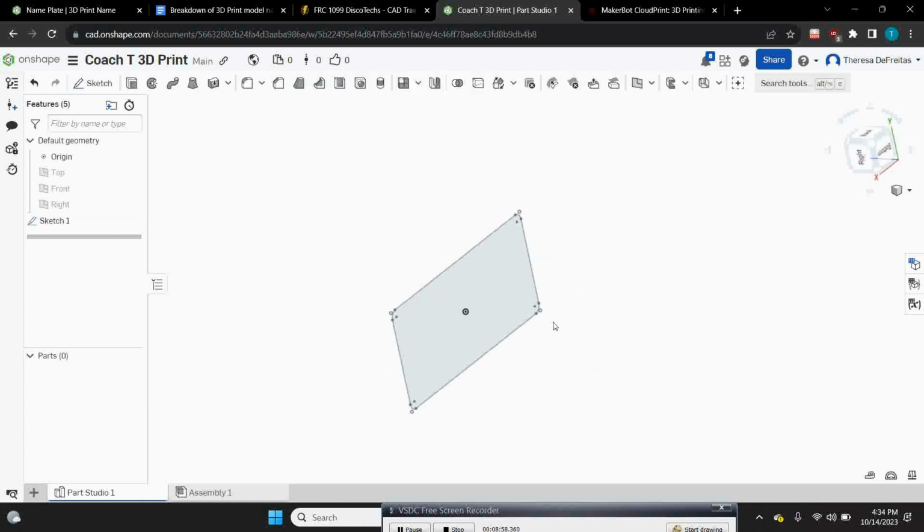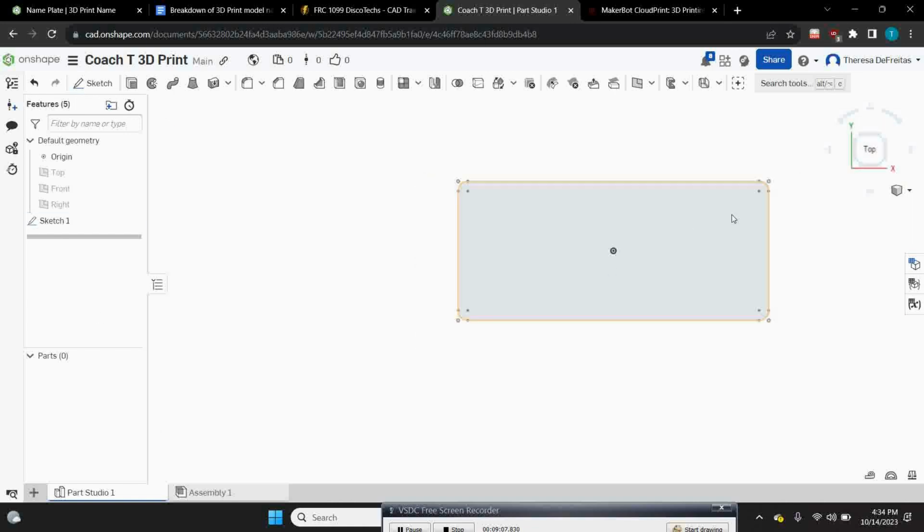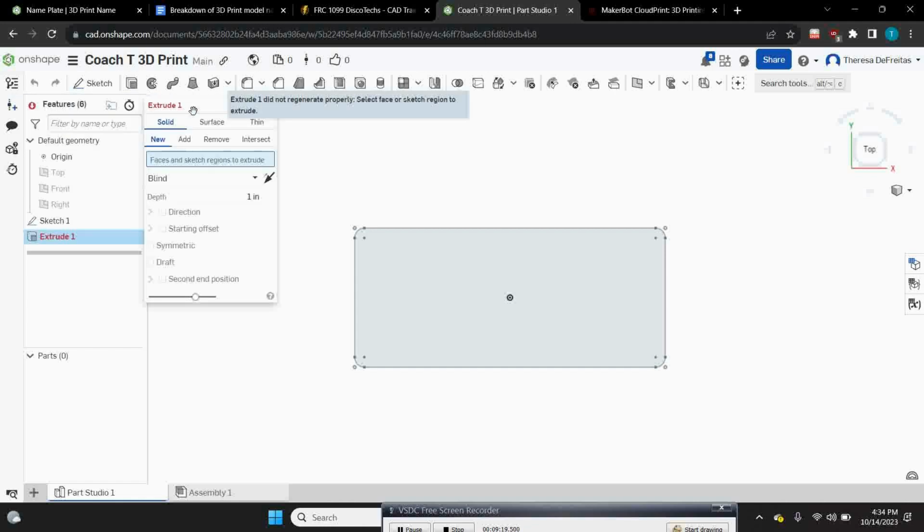If you rotate around, you have a 2D sketch of the base of your part. So the next step, I'm going to hit top so that we see the normal view of this. Next step is we are going to extrude this. Over here, this icon is your extrude button. We're going to click that. Again, we have a little bit of an error here. It wants to know what we are extruding. So if you click in that box and click on your sketch 1, or click on the body that we're going to be extruding,